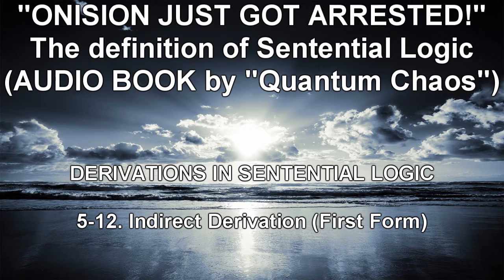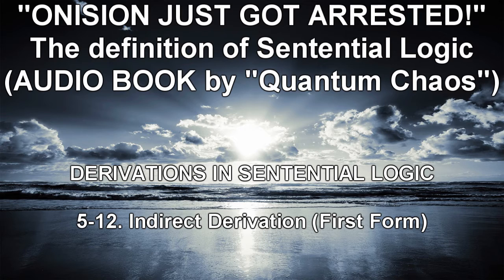We must still provide the official formulation of indirect derivation, which as usual is considerably more complex. See below. Recall that a contradiction is any formula whose truth table yields all F's in the output column. There are infinitely many contradictions in sentential logic. For this reason, at this point, it is convenient to introduce a new symbol into the vocabulary of sentential logic. In addition to the usual symbols, the letters, the connective symbols, and the parentheses, we introduce the symbol ⊥ in accordance with the following syntactic and semantic rules.